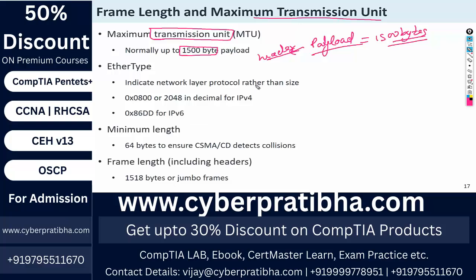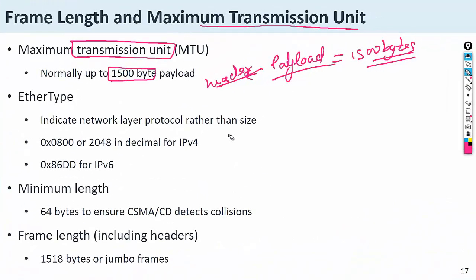And if we talk about the Ethernet type, there are different types of protocols using different types of values. Like IPv4 is denoted by 2048 (0x0800), and for IPv6 the value is 0x86DD. There are different types of Ethernet type. Here is the EtherType, and this is the EtherType for IPv6. And I hope you know about IPv6.